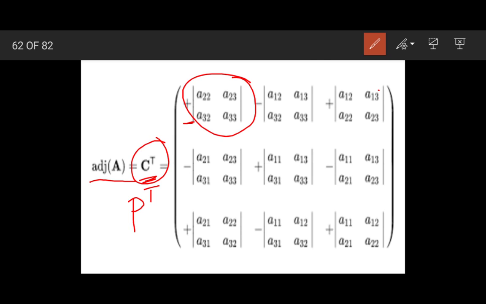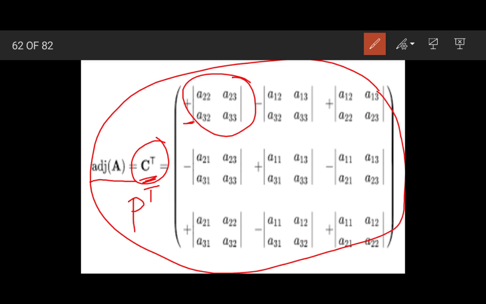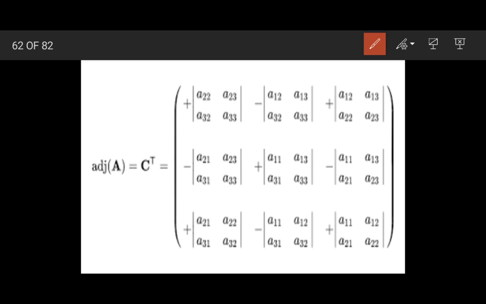So mathematically we can write the adjoint of a matrix in this way. Adjoint of a matrix is what? Adjoint of a matrix is the transpose of the cofactor matrix, and the cofactor matrix is nothing but the sign times the determinant after deleting the position of the number. Okay,